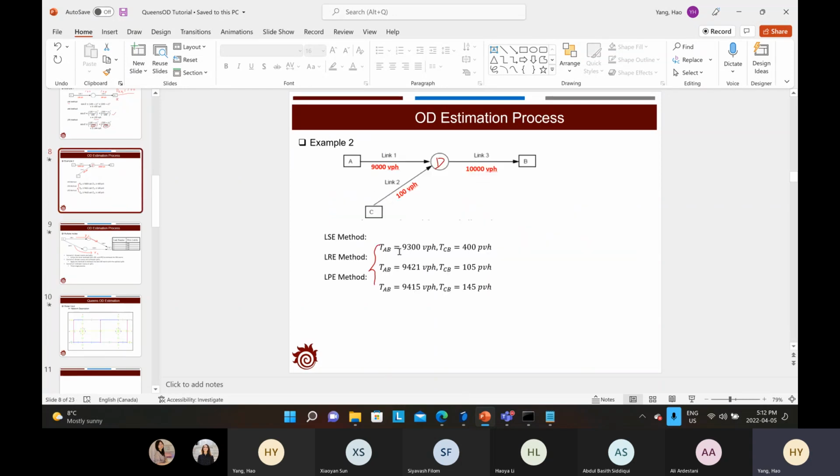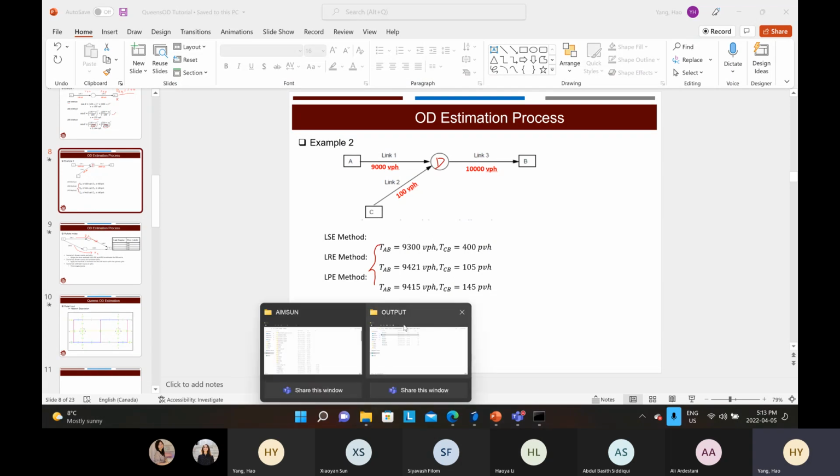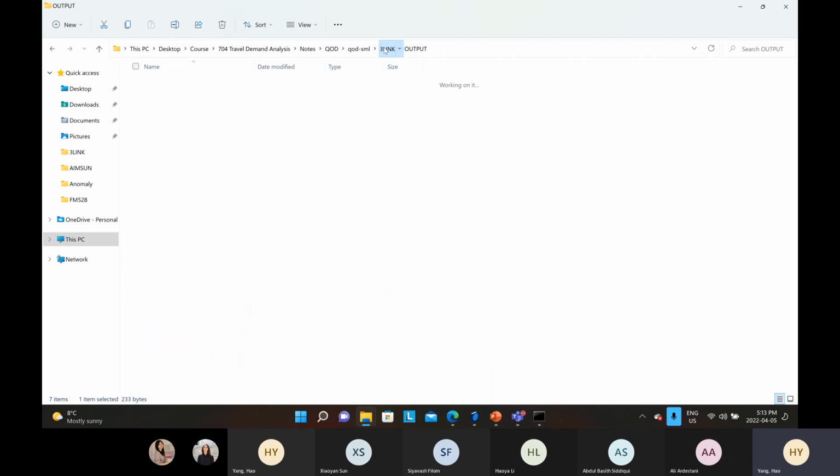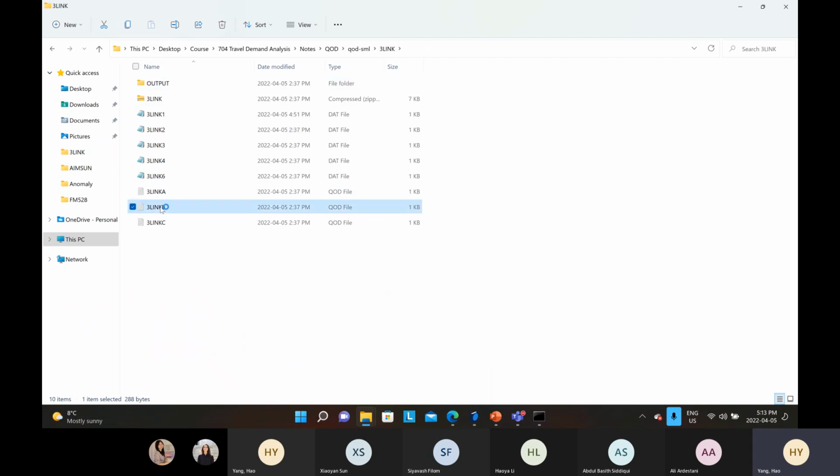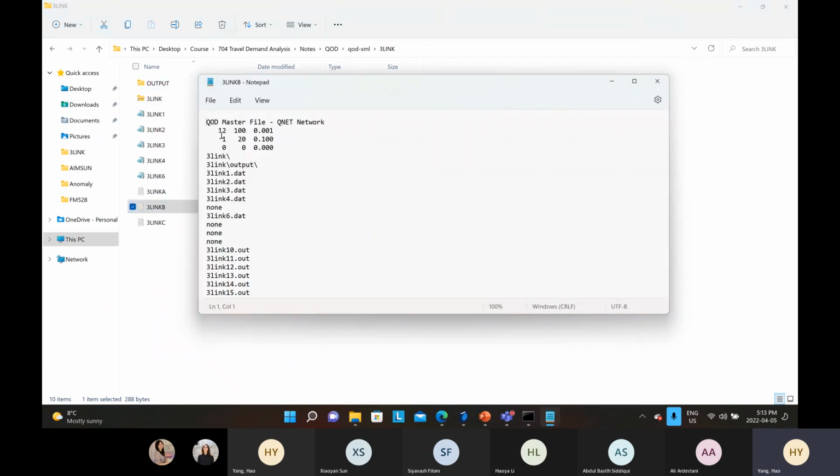show here. It's very similar to what you get theoretically. It's 9,300 from A to B, and A is node 1, C is node 2, and B is node 3. So from 2 to 3 it's 400. This is quite similar, and that's based on the least square error method. And we can also try to check the second method. If we go to check the second method, this is the 1, 2, which means that we're going to use the